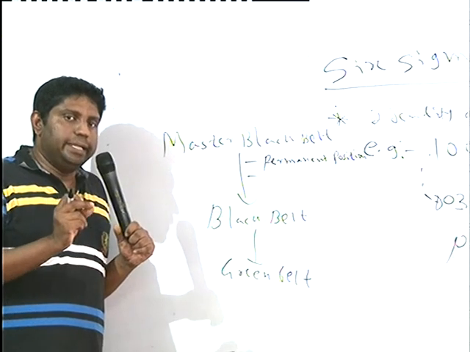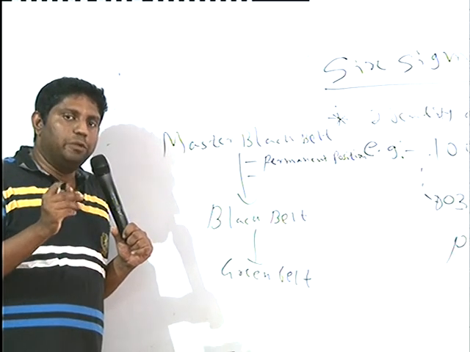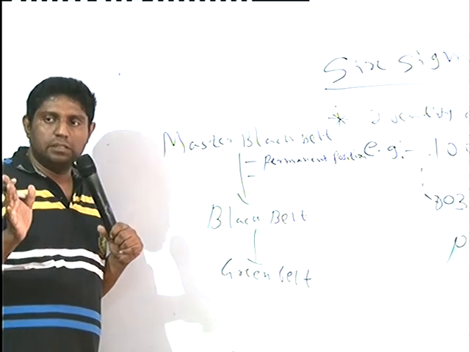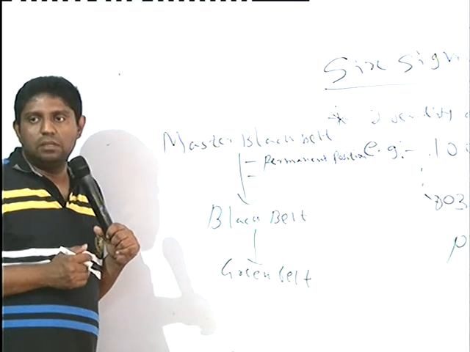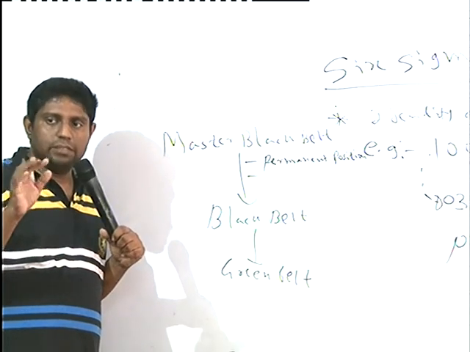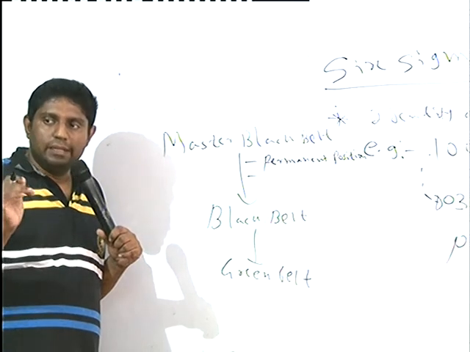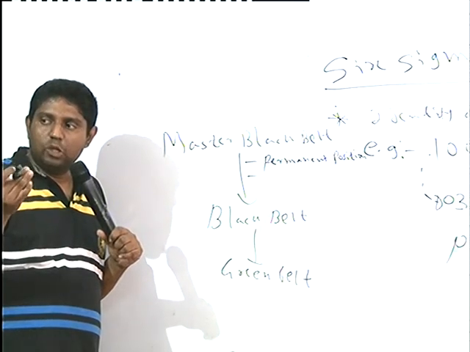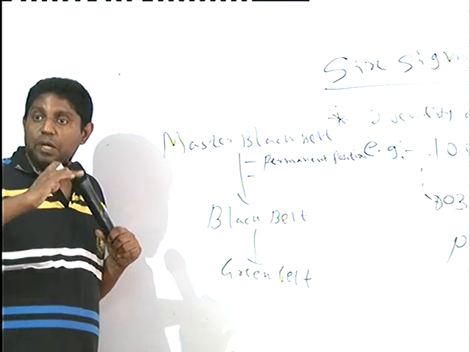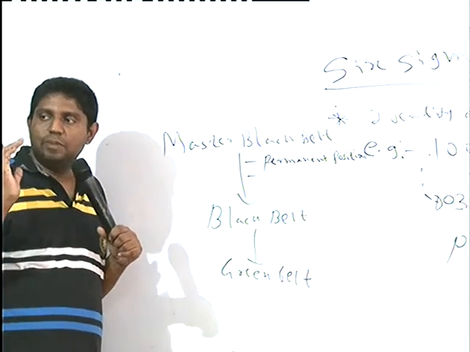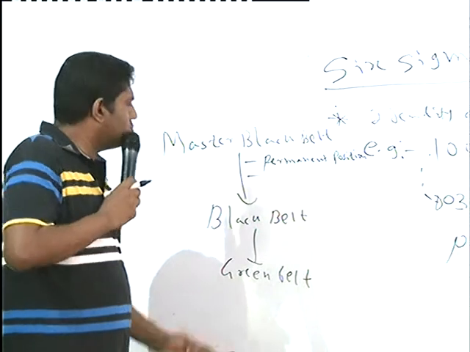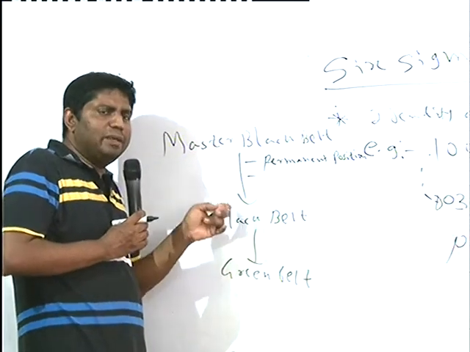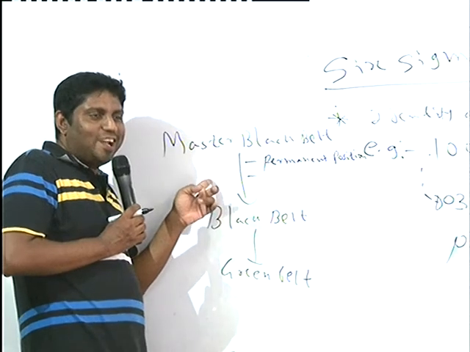Permanent position means they are not going to be involved in other operational activities. Their task is to engage with Six Sigma exercises on a permanent basis. Within the organization, they will not be involved with operational work. Their work is only with Six Sigma projects. Permanently, we have allocated them for Six Sigma projects. Right? Master black belt. And normally you know the difference between black belt and master, no? Am I correct?